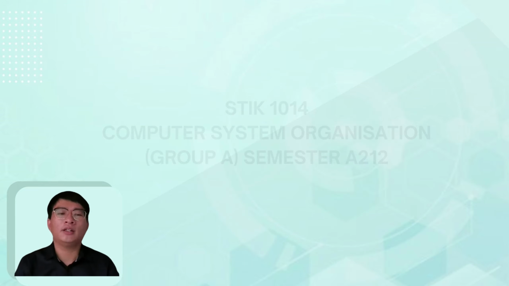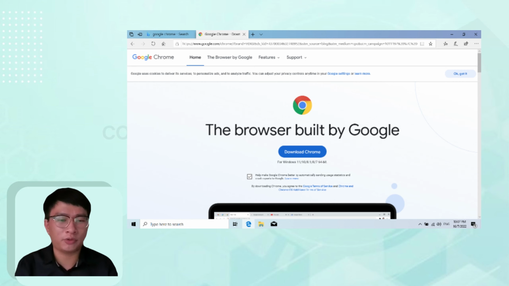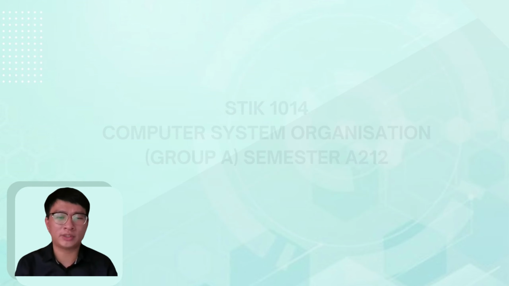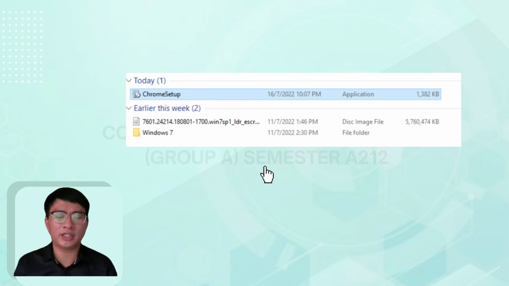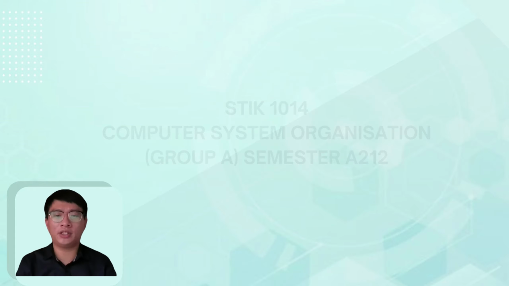The last part, which is the part 7 of this task B, is application software installation. So we need to install a browser, which is Google Chrome. So we need to go to the official website and download the exe file that we want, and find the exe file that was downloaded and double click on it, and a dialog box will show on the screen. Follow the instructions to download and install it, and then after the software is installed, you can open the application